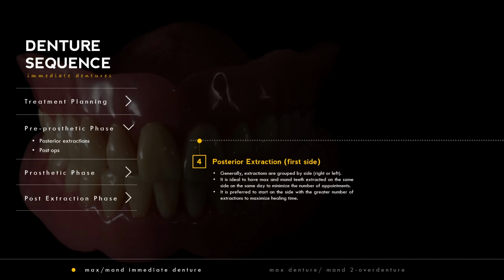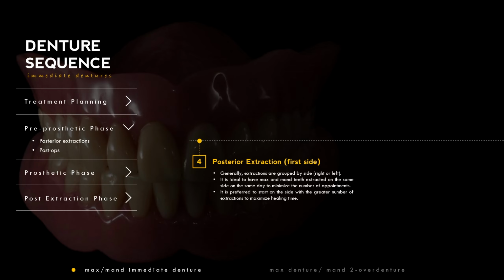And we like to take out the posterior teeth first and get some initial healing, because you tend to be able to border mold those areas a little bit better, and it makes for a better fitting immediate denture. And generally what we do is select one side of the mouth to do at a time. So for example, we'll select the right side first, and then you'll remove the posterior teeth on that side,